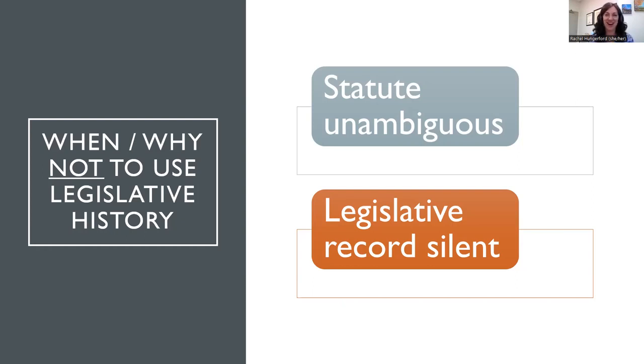Courts are not going to find that argument persuasive, and that for a number of reasons, but in particular, it is